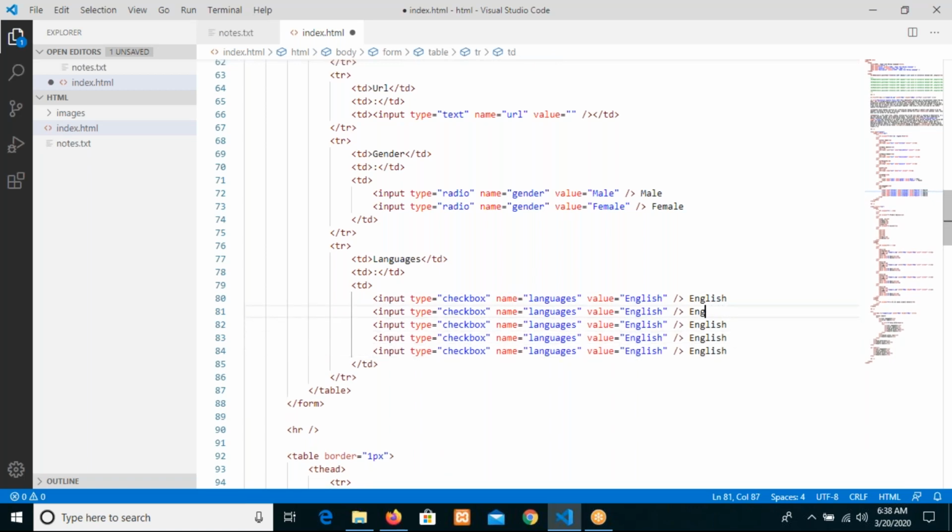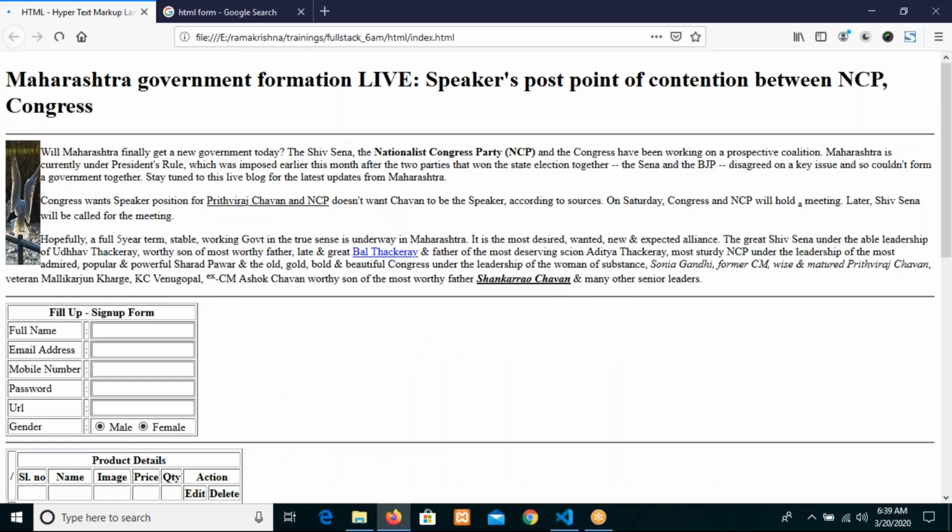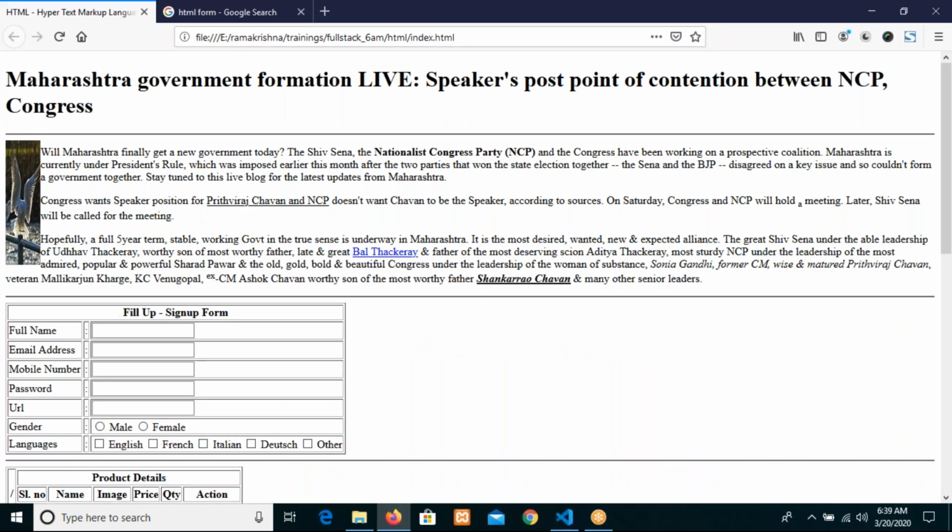Let us write French, Italian, then Dutch, and other. So as we have discussed, first of all, let us see this output. Right, we are able to see different values with checkboxes, which is called square presentation, and user is